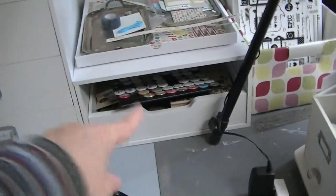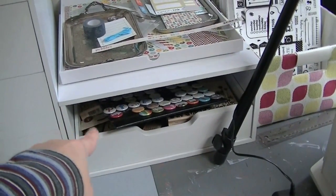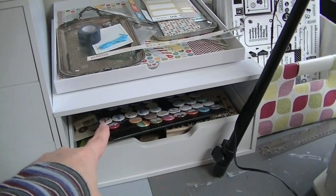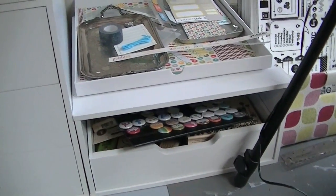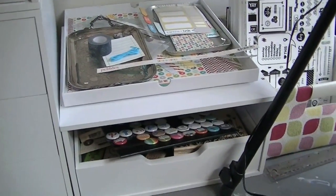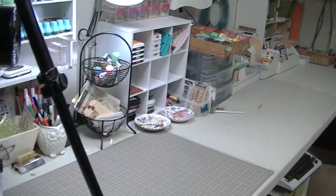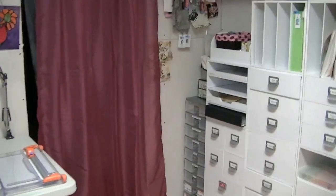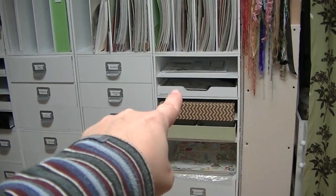I just wanted to say about this, the 2 drawers that are missing here are elsewhere in my craft room. So I'm going to show you. You'll have to come with me. It might make you a little bit motion sick, but I'm going to try to go slow. So I'm going to go right across my room like this and over to here. And you'll see that I have 1 right there,